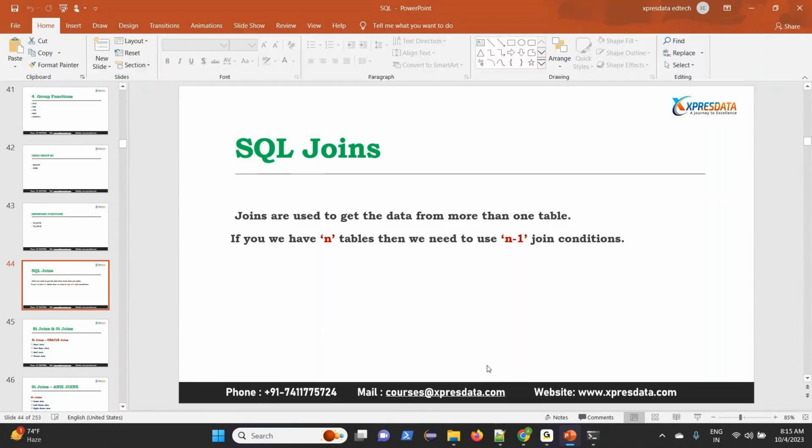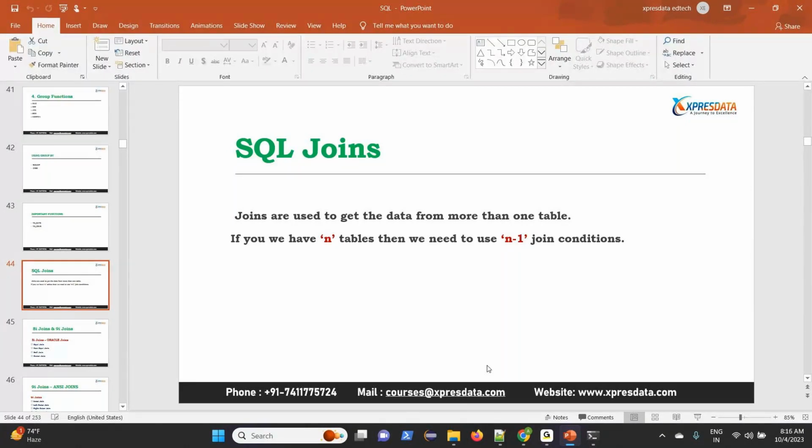Whenever we are going to use these joins, now we will get to know where exactly these joins are required, why we want to use them and how we are going to use them, what is the use of these joins, and if you don't have joins, what problems will come, and where we can improve the performance techniques. So these all matter here.